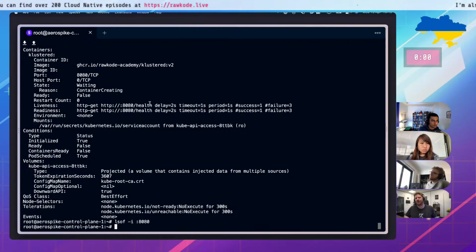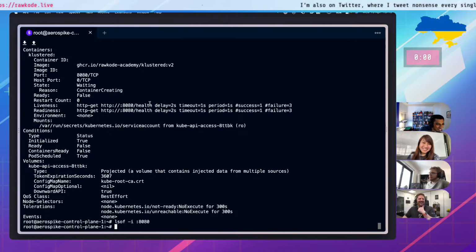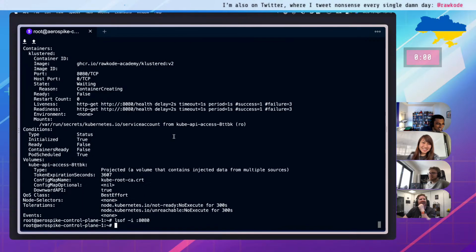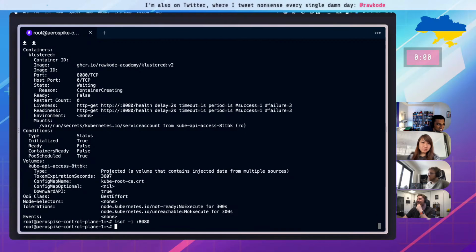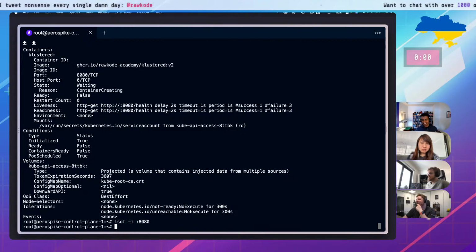I have no idea what's wrong with this cluster. This cluster needs deleted. All right, Marek, if you're still watching and you want to jump on and tell us just for a couple of minutes what the hell's going on here, that would be useful. But there's so much broken in this cluster. This is literally a dumpster fire.